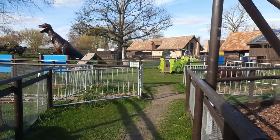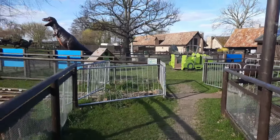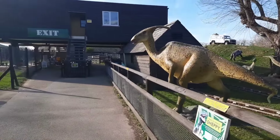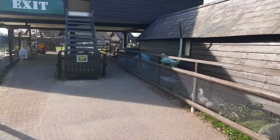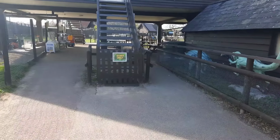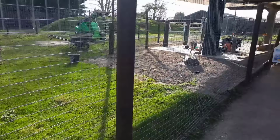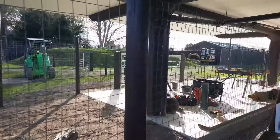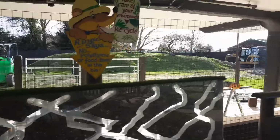And then that's all good. That's all disabled friendly play area and equipment. And there's the model dinosaurs and stuff. I've got the obviously much needed toilet block. And then literally you come back down here and you basically come to the side again. So yeah, there's some building stuff going on here, changing enclosures and stuff, and building some new ones, changing things around. So yeah, there's always maintenance going on at a lot of zoos